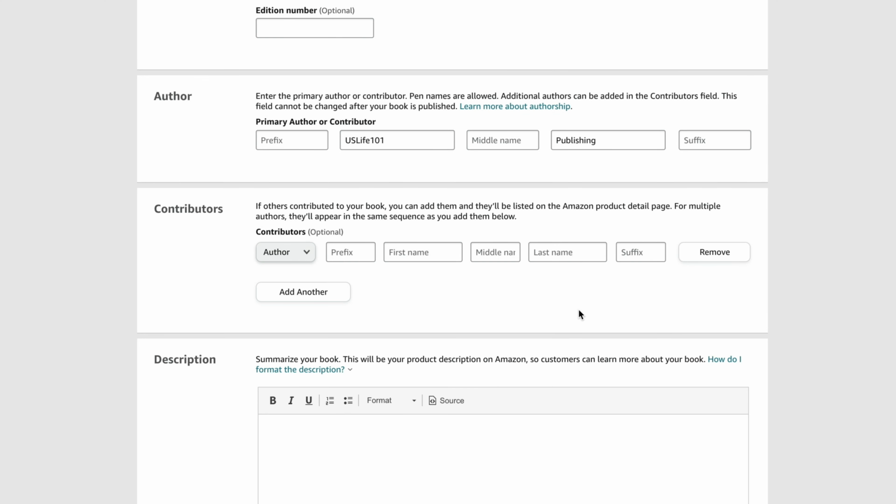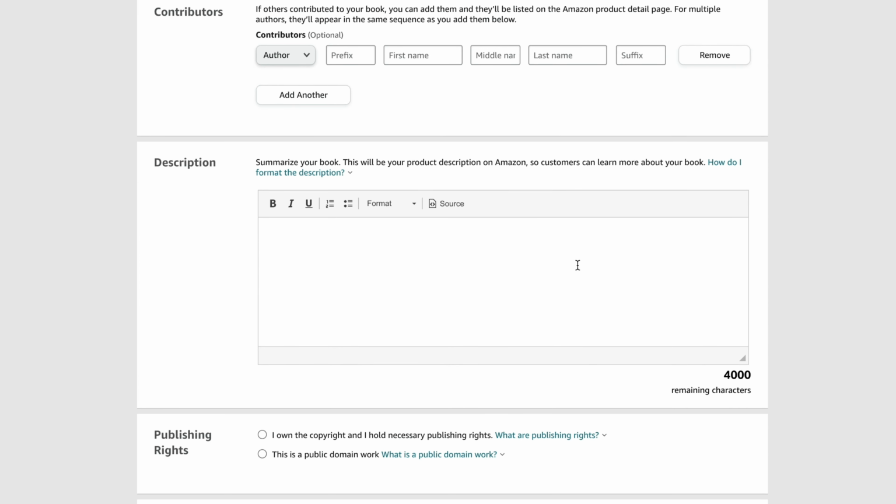Next, we need to write the description for our book. You can ask ChatGPT to do the work for you. Remember the outline that ChatGPT created for us last time? We can use that as a reference and ask ChatGPT to generate a brief description for us. You can ask, "Here's the outline for the book, Meow, the Definitive Guide to Cats. Write me a brief description. Make it attractive so that people would want to buy this book." Then paste in the outline, and ChatGPT will create a description for you. You can simply paste it in the description section. You could also refer to the description sections of other books and add some highlighting or bullet points.